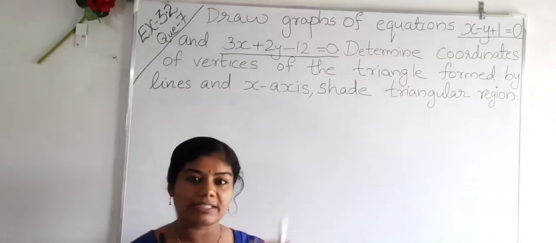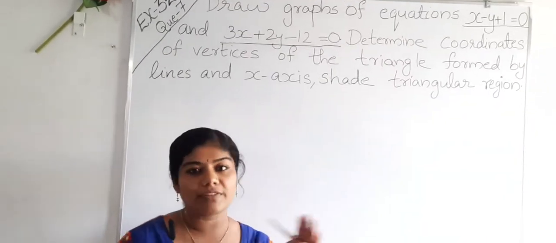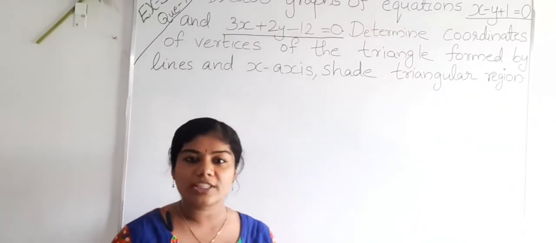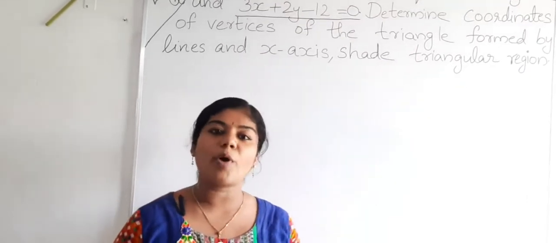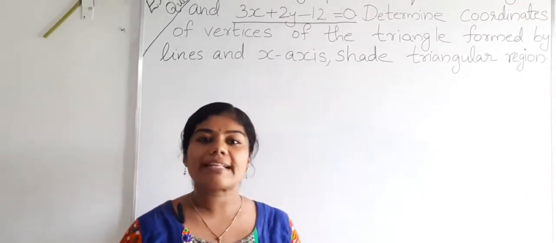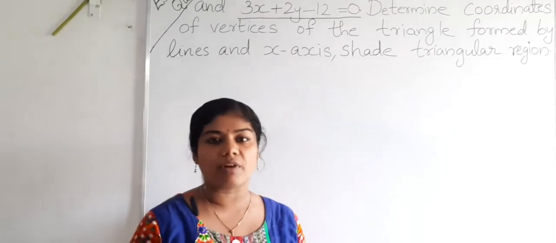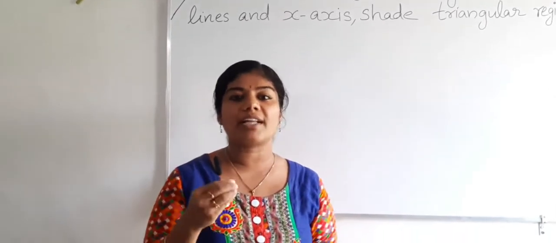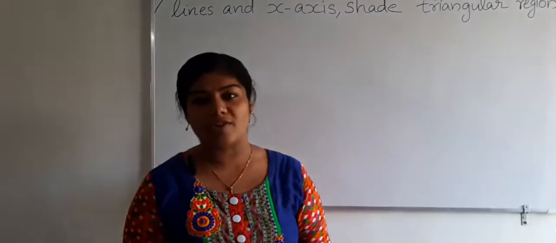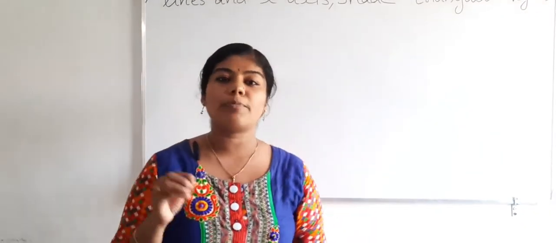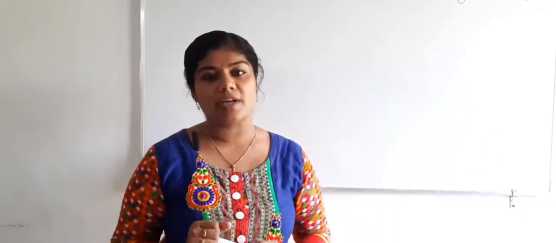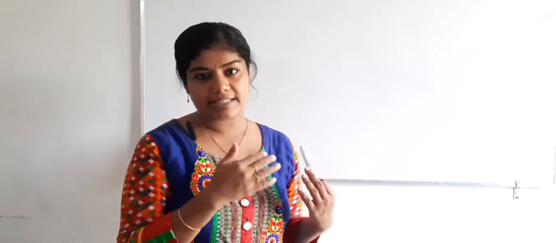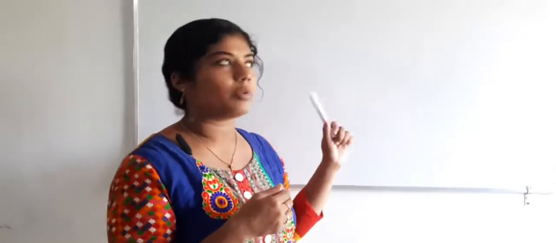First we will form a table. From the second equation again we will form a table. Based on the table we will find out the points, meaning what the x and y values are. We will find what the x values are and what the y values are. Then we will plot the points on the graph paper. So first let's discuss what the points are. All of you see what I am going to do.